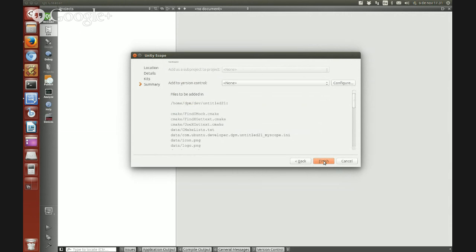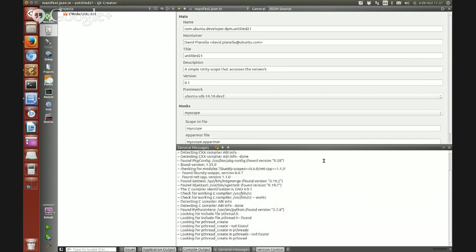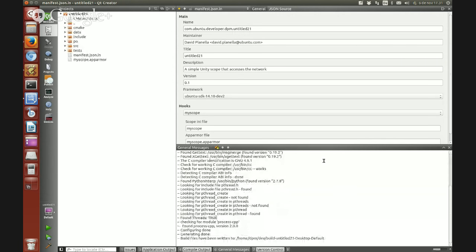It's about adding your scope to version control. I mean, of course, I would recommend any project to be added to version control, but not for the purposes of this workshop. So let me go to finish. And right now, what we've done is we've just created a scope. What you see in here are all of the